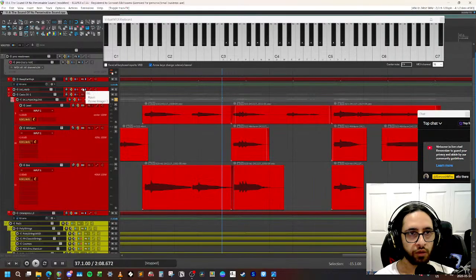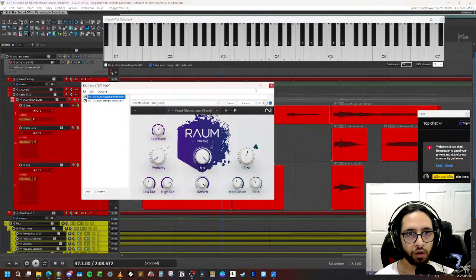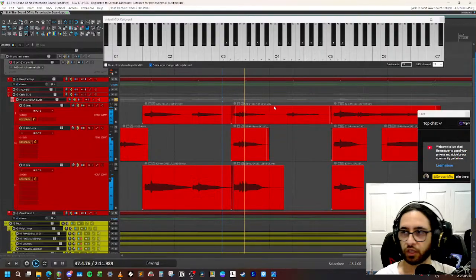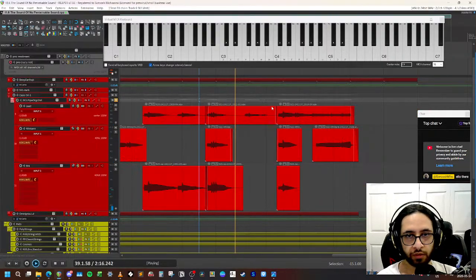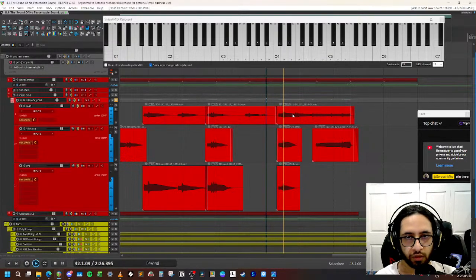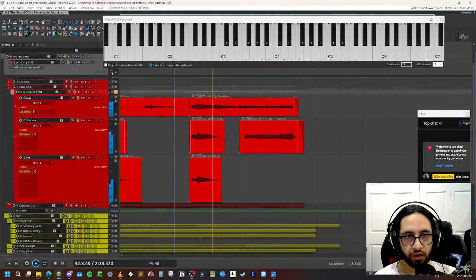And then on top of that, you put some reverb on all of those. Like a shimmer type reverb. And that actually sounds good, right? I like that part.